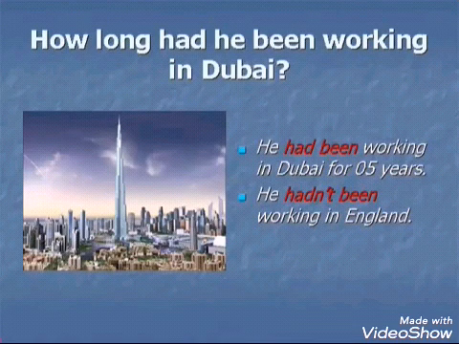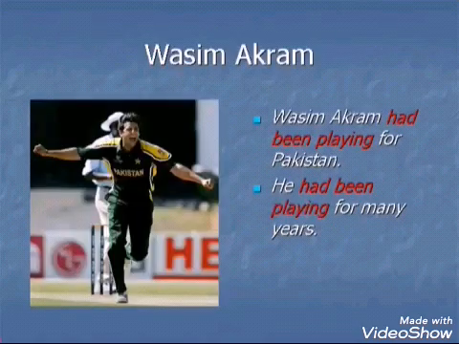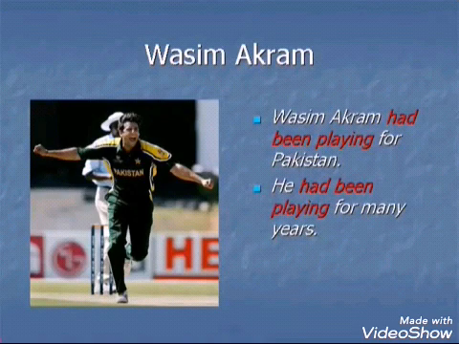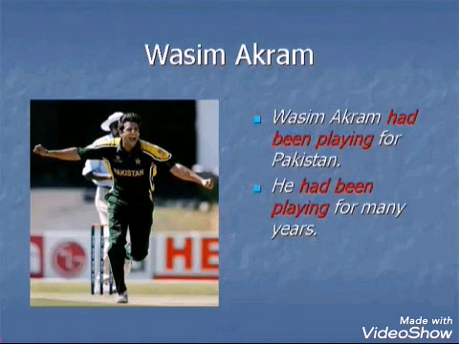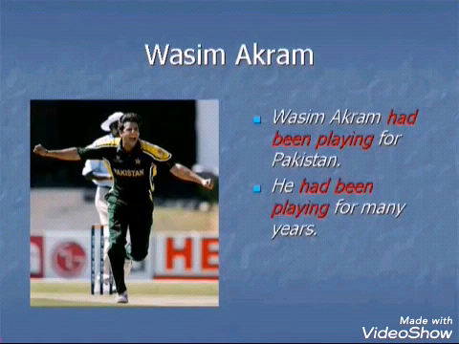Another example, how long had he been working in Dubai? You will answer, he had been working in Dubai for 5 years. So the keyword here is 5 years. Wasim Akram had been playing for Pakistan. He had been playing for many years. So it means he started playing many years ago and it continued for a certain time and stopped before a certain time or before another action in the past. This is the meaning of the past perfect continuous, and we have the keyword for, and the for is followed by a period of time, as you see, the main keyword for the